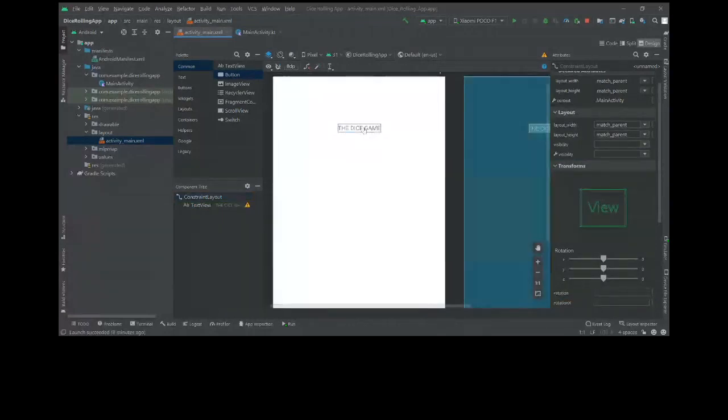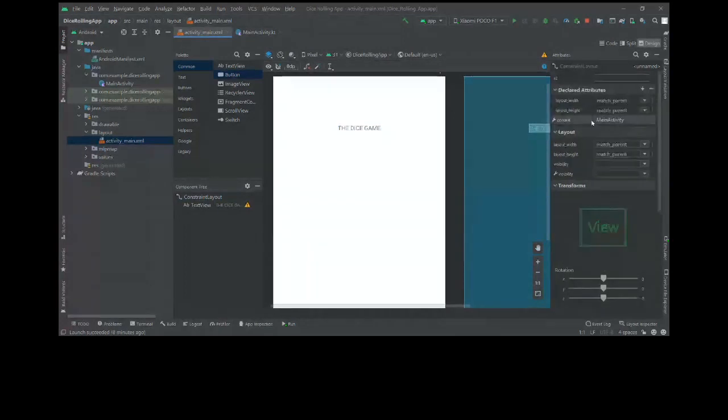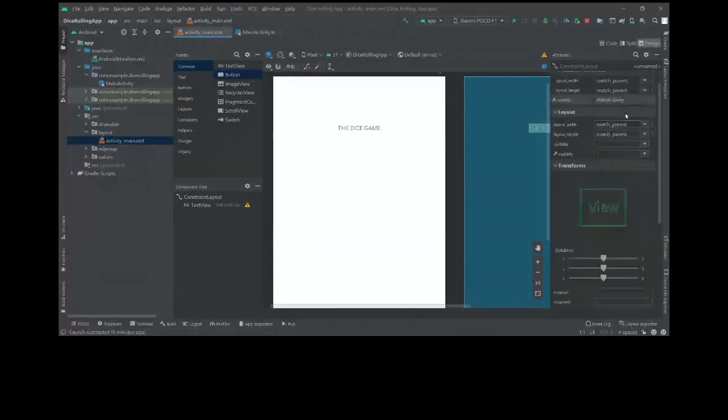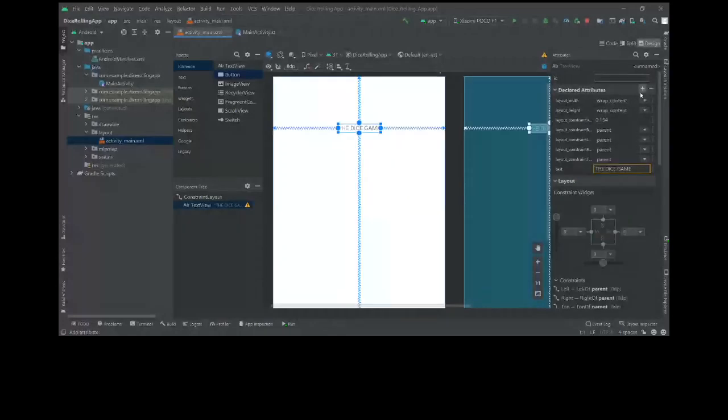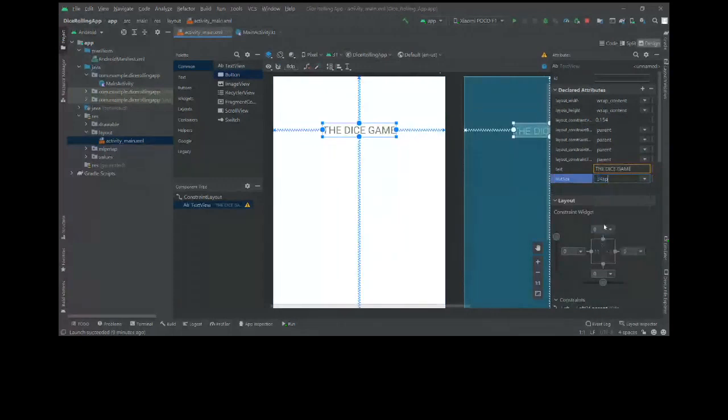Now I want the text to be a little bigger. So under declared attributes, first I have to select this, then I can click on the plus button. I have to search for text size. See, text size is there. So I will go to text size. Then I will put the value. Let's say 24. Okay, let's increase it to 34.